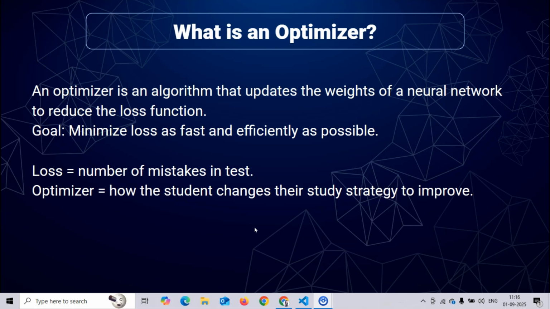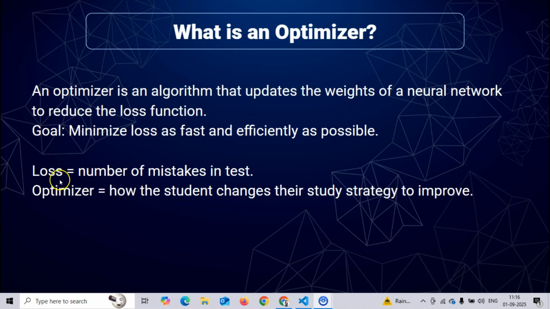The optimizer is the one that will update all the weights, and it will make sure that the neural network now calculates a prediction which is very close to your true value. It will always make sure that your loss is minimized to every extent that is possible, and that you're getting a prediction efficiently, so your whole model is efficient as well. So that is the working of an optimizer.